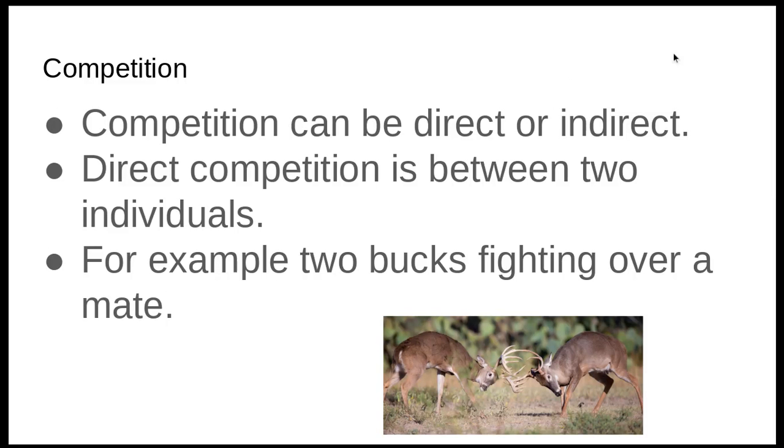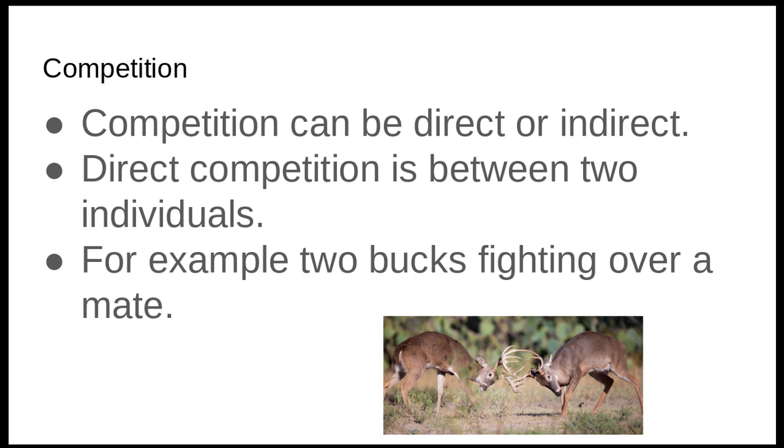When these overlaps occur, we get competition. So if another organism moves into the area where the panda bear lives and that other organism eats bamboo as well, there's going to be competition between that other new organism and the panda bear. The competition can be direct or indirect. Direct competition is between